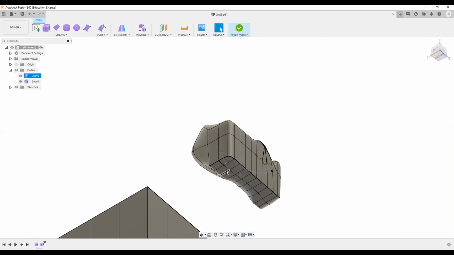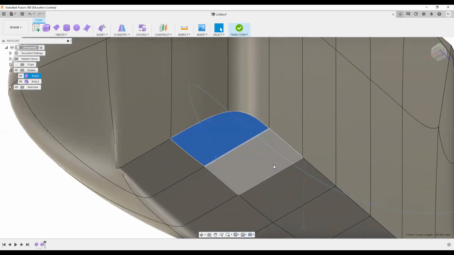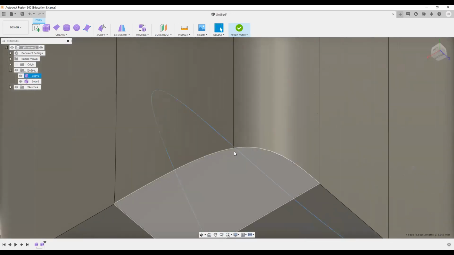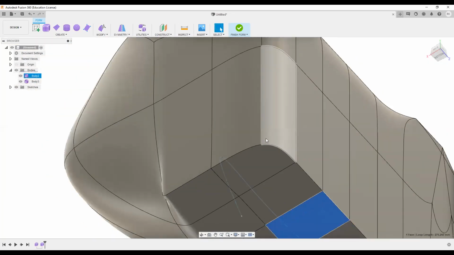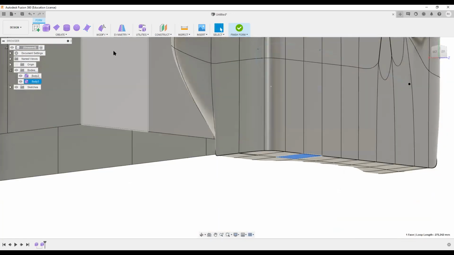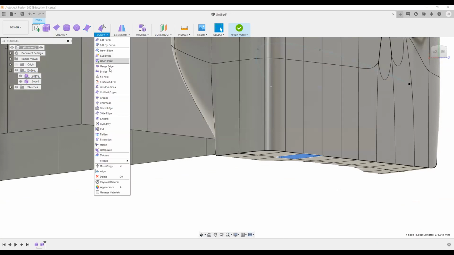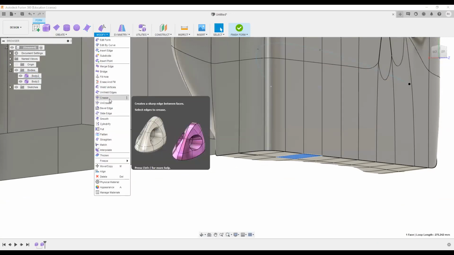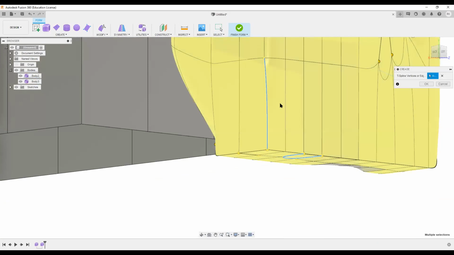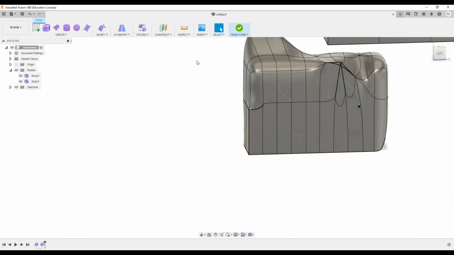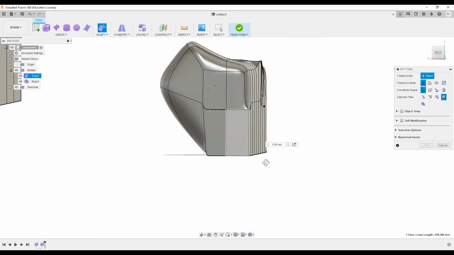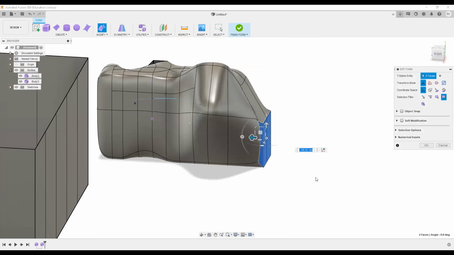Now we can see that these edges have become sharp from this perspective, and we can do it from any side. I mean, we can select any side and crease the particular bodies. Like we can sharpen it here also, this way. And then if I want, I can use the free form edit form tool, drag and change the particular object like that.